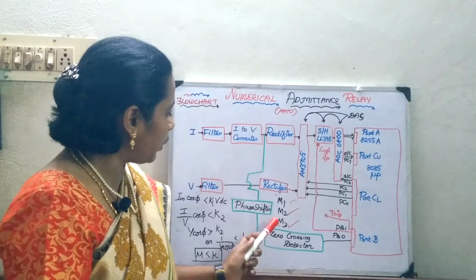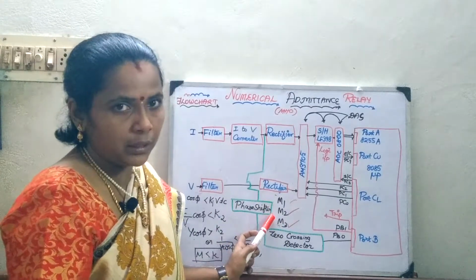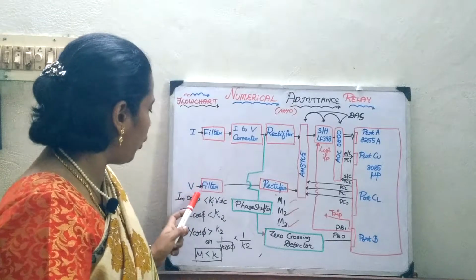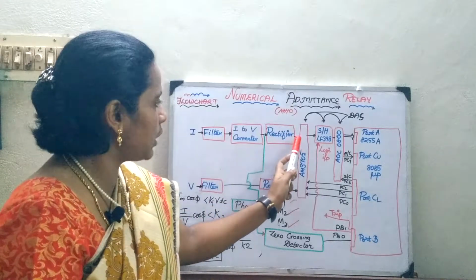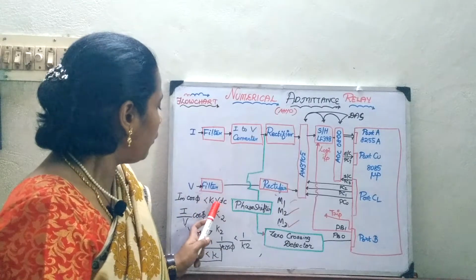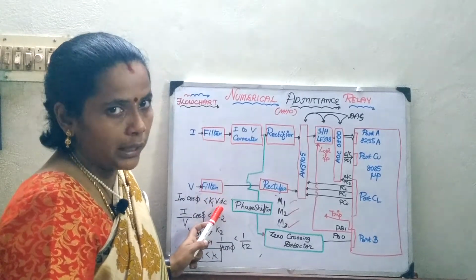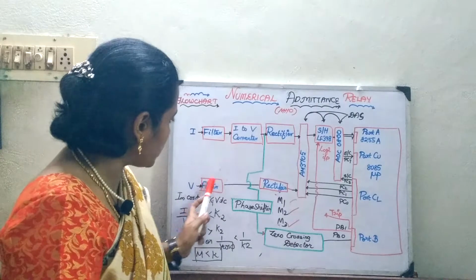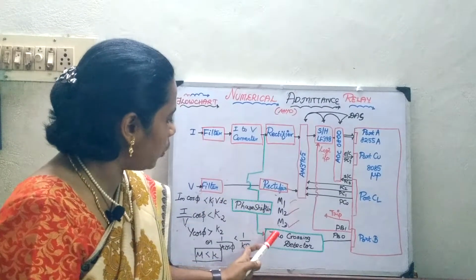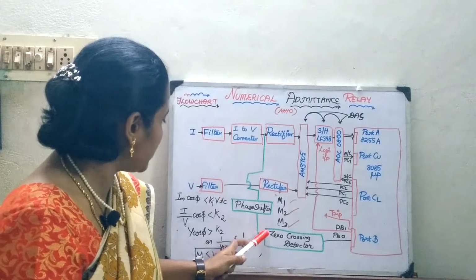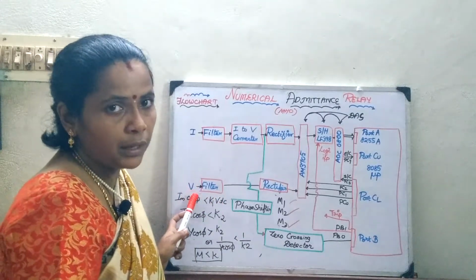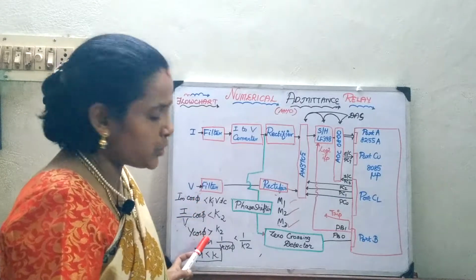Now here we are going to add a phase shifter. It is because you are going to measure the instantaneous value of the current. So here you are going to measure the instantaneous value of the current with the phase shifted value of your voltage. So you are just putting a phase shifter here, and whenever this phase shifted voltage, that is a zero crossing voltage, is going to be compared with your instantaneous value of the current,